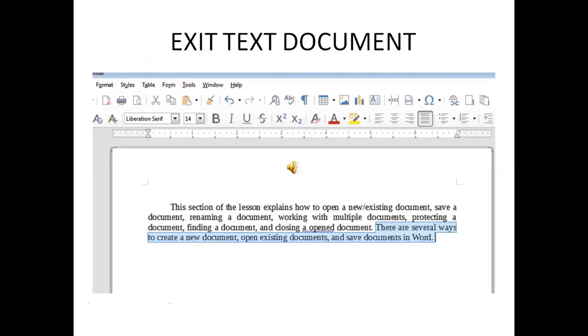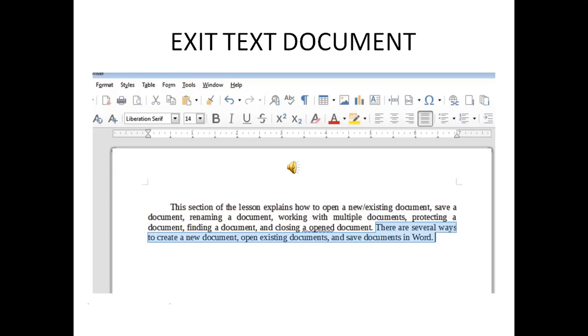Next, selecting text. Even though the document is built up by typing one character at a time, while editing, one works with words, lines, paragraphs, and sometimes the whole document. For this purpose, one should learn how to select the text.